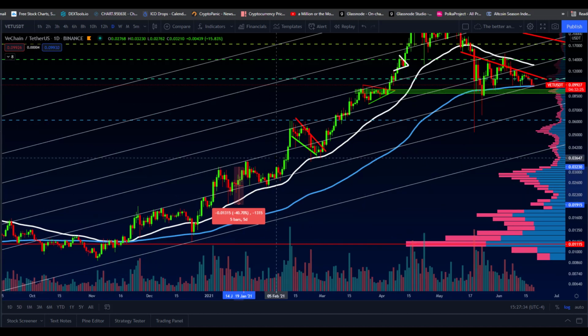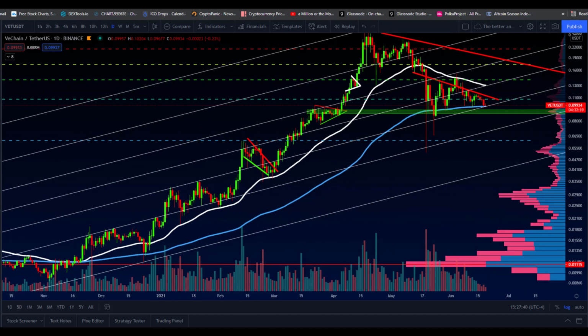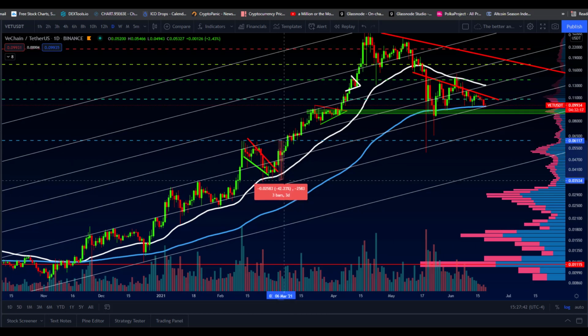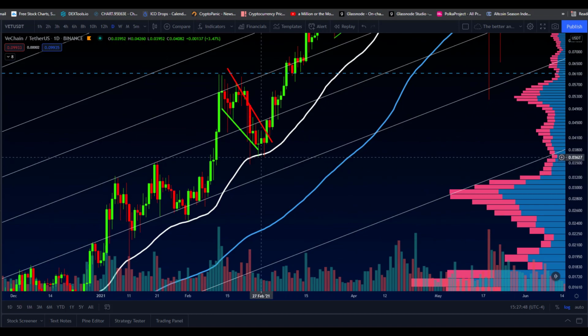Another major correction over here. Let's see how much we dumped. We dumped 32%, found support on the 200 EMA on the 6 hour. Another one over here, major dump, we corrected 43%, and several times, 3 daily candles reacted exactly off the 200 EMA